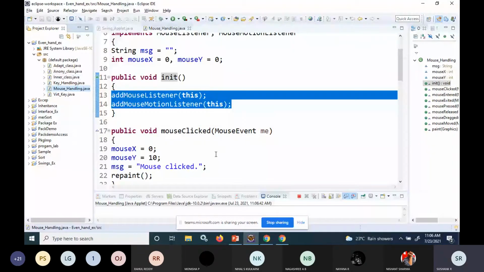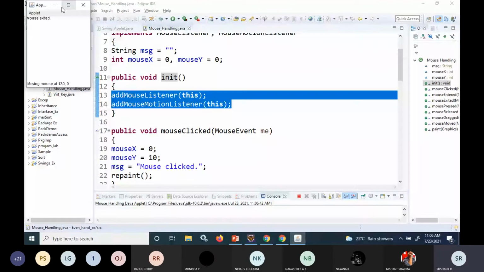Now you can see the messages here. If I move out of that window, I'll get the message mouse exited. If I come inside, I get the message mouse entered. If I press the mouse button, I'll get the message mouse down. If I release that, it's a click. See, if I click it. If I drag the mouse button, you can see some stars being displayed.